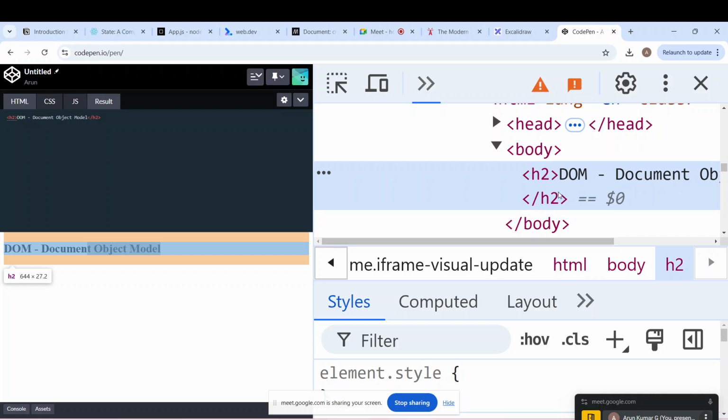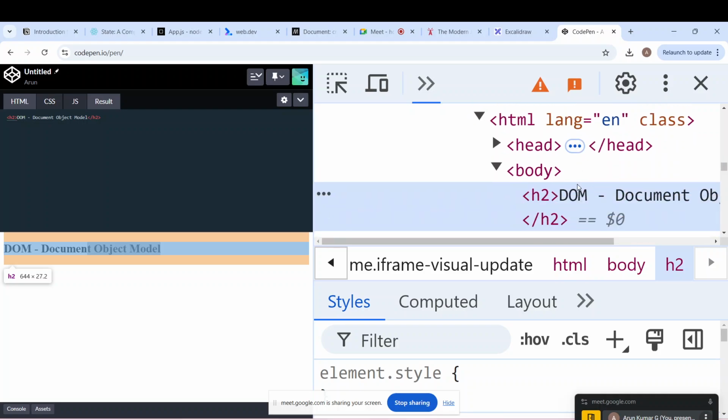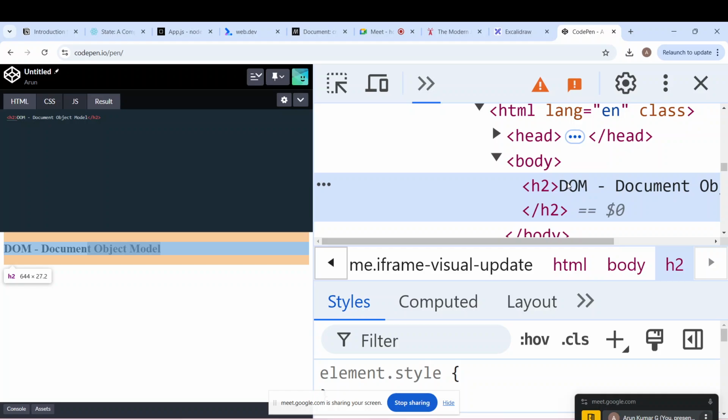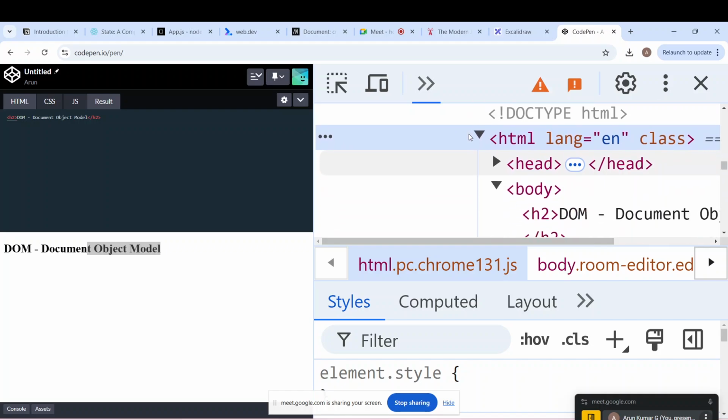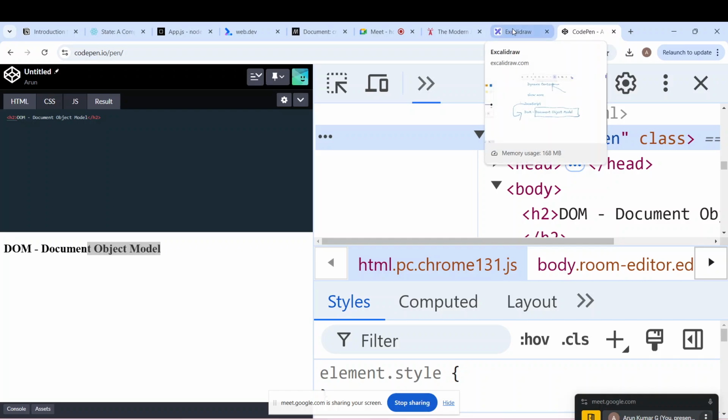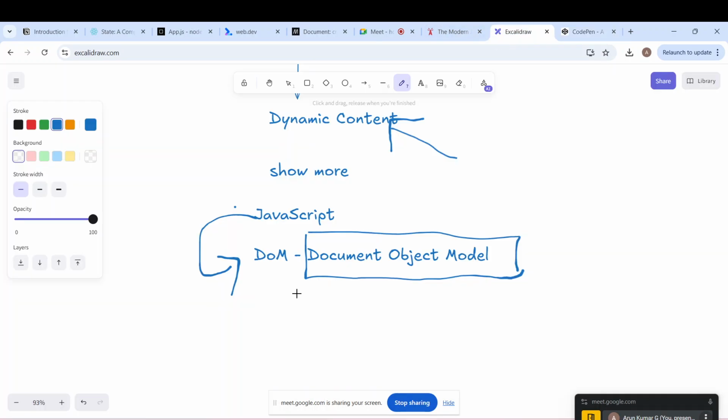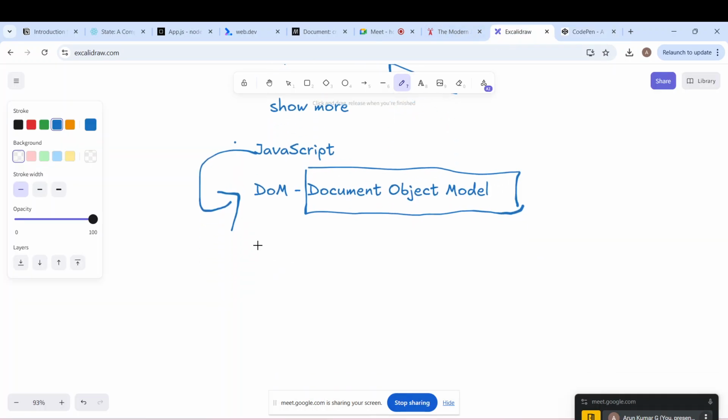But how is it different from a DOM? What I'm showing you is an HTML code. But how do you see this as a DOM? Each of these elements which are actually displayed, the way the browser is holding them for you to view, you're displaying an HTML. So it is maintaining its own internal representation, and that representation itself is the DOM, document object model. What it means is